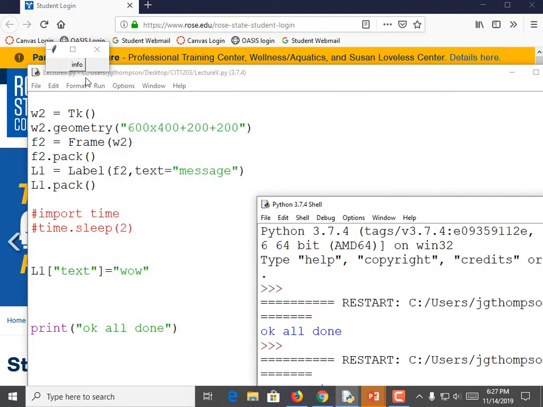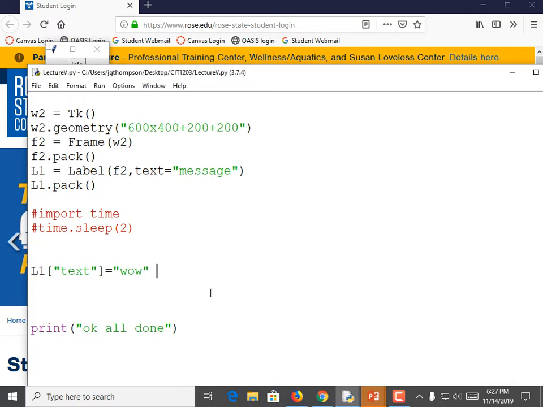Alright, well I don't know how to do the wait a couple seconds and then change the text, but you know how to change the text of the label. That's one way to do it. The other way to change the text of a label is to associate it with a StringVar. Like